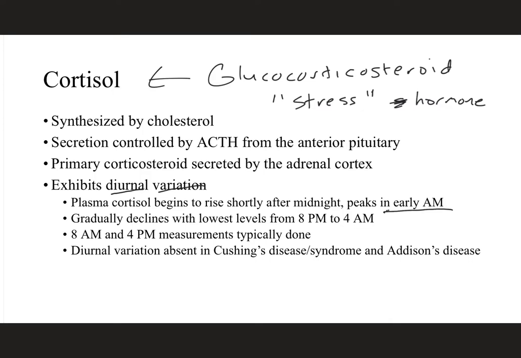Cortisol is the hormone that helps wake you up. There's a gradual decline over time, and then we get really low levels, ideally between 8 and 4. So your lowest levels, even though we have an increase after midnight, will still be kind of up